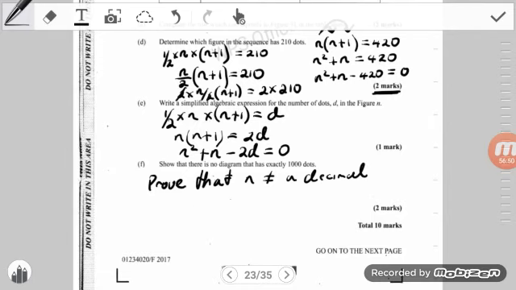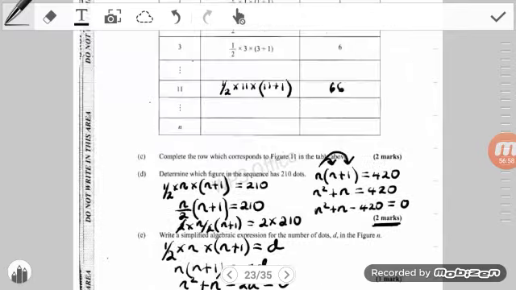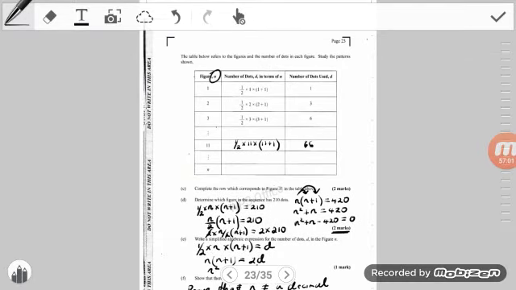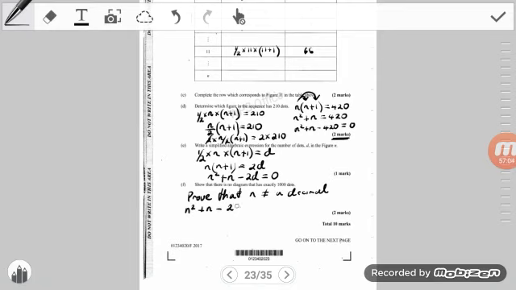n squared plus n minus 2d, because d represents the number of dots and you're saying that d is 1000, that's equal to 0. So if we try to factorize this and we cannot find the factors of 1 times 2000, it would simply tell me in essence that